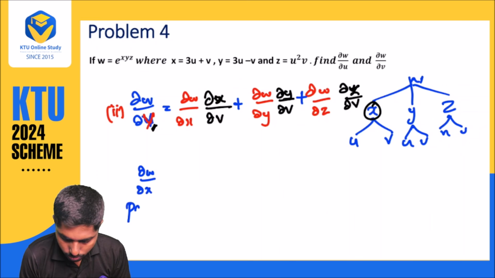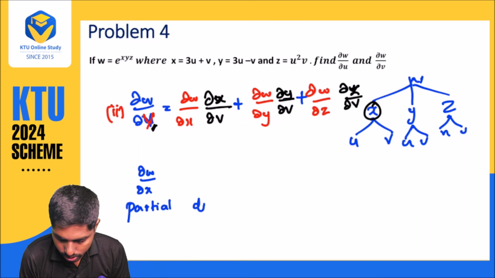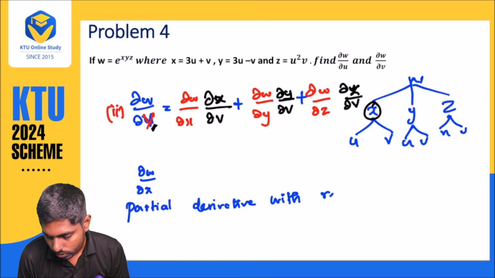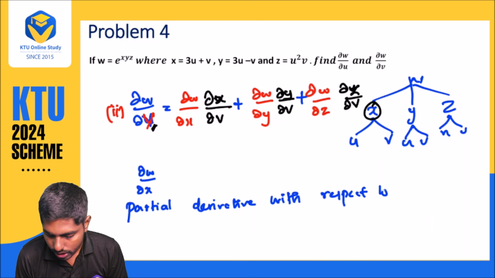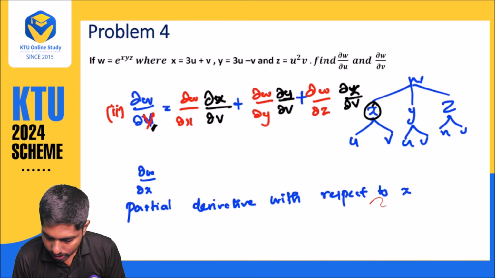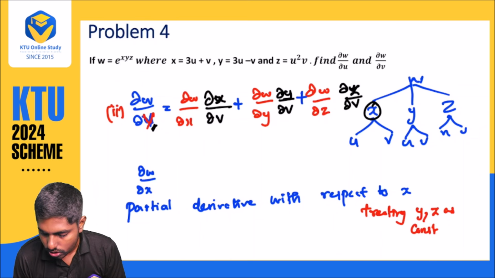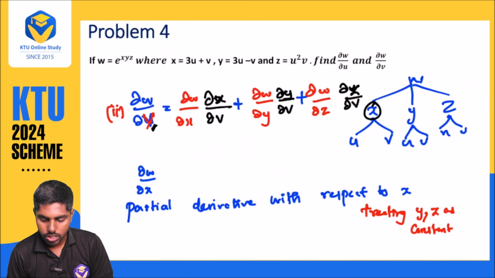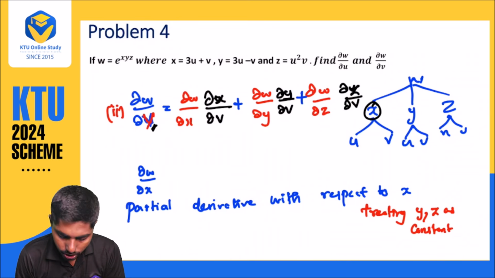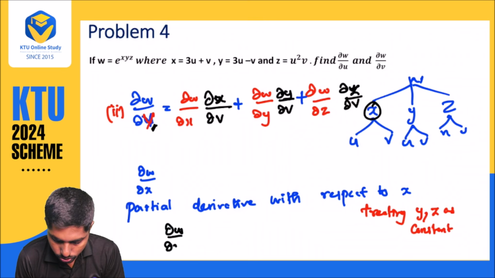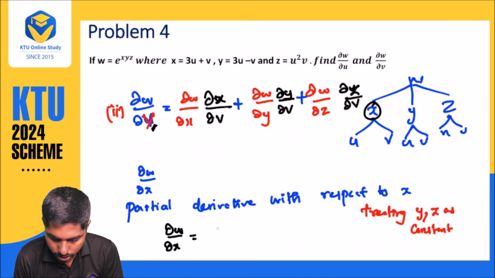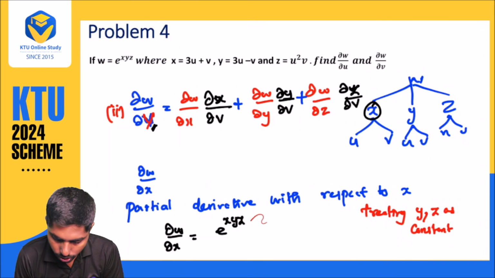That is the partial derivative with respect to X. That means treating Y and Z as constants; you want to treat the other variables as constants. So partially differentiating with respect to X, it will become e power of xyz into